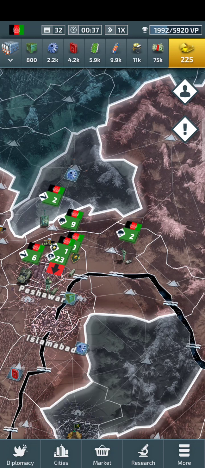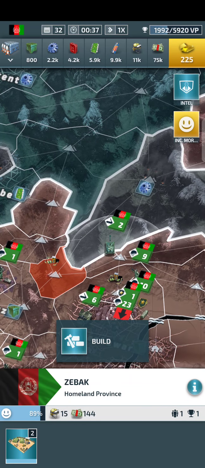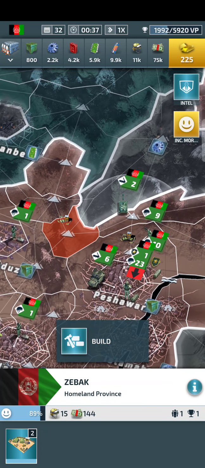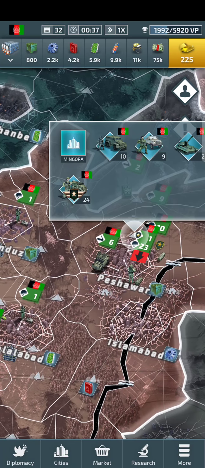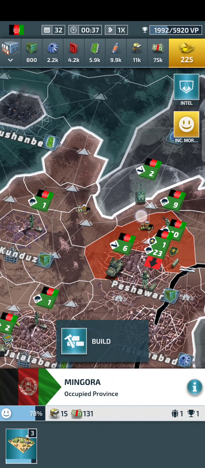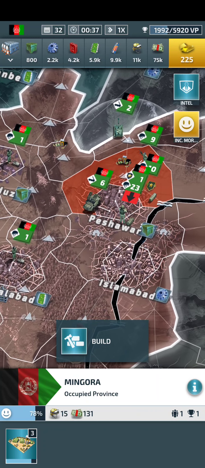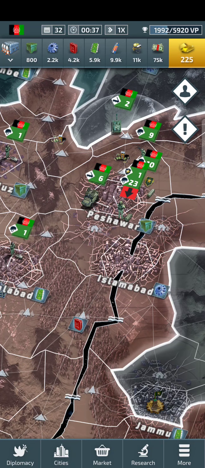And the way I positioned my forces to prepare for the invasion is, first, I upgraded my outpost. I think I did this 2 days ago. I upgraded my outposts in Zebak as well as here in Mingora to level 3. I have limited supplies, so I was not able to build up my defenses in this whole area. So I mainly just selected a few provinces to maximize the resources that I have. So I selected Zebak and Mingora